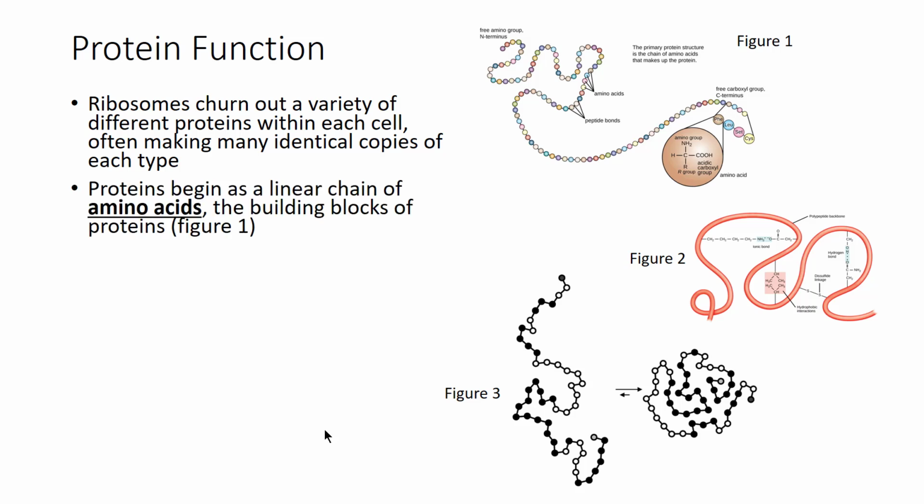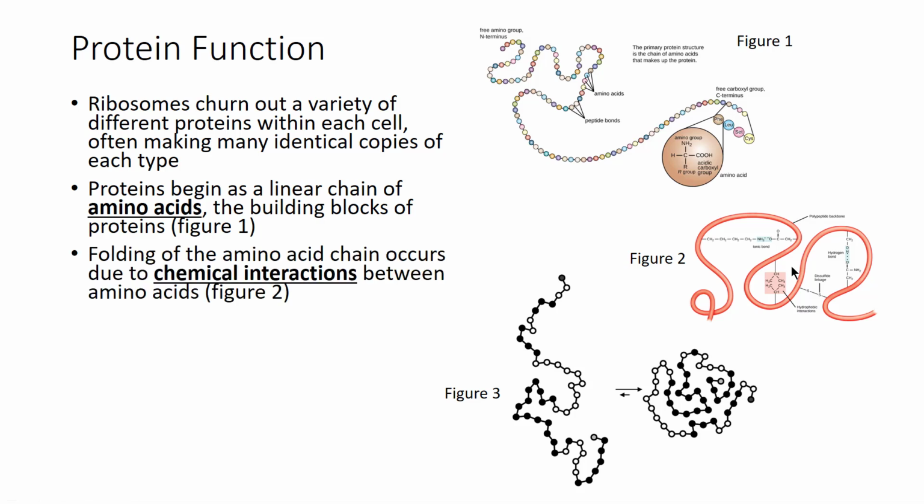Now when we get into protein functionality, we're looking at the building blocks of protein first, and then the complex structures that arise from the building blocks being put together in a highly specific way. So proteins are ultimately chains of amino acids. You can see in this figure, each one of these little circles represents an individual amino acid. The colors indicate that there are different kinds. They're linked together into a long chain, and then that chain will start to fold into, very often, a three-dimensional pattern. You don't really see that with these figures here, but it ultimately will become a three-dimensional figure.